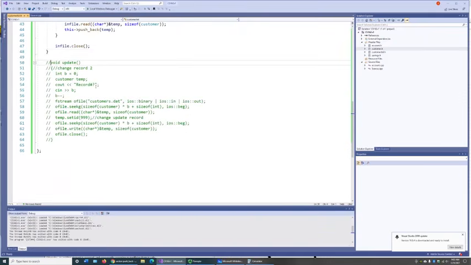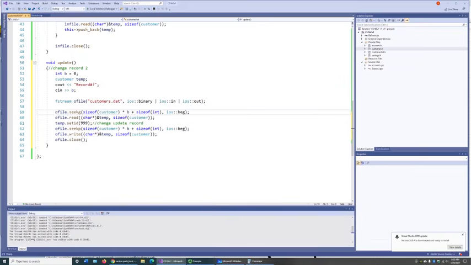Okay, now the update's going to just go in and hard code it, and we're changing record 2. And this is something that you would actually be working on yourself to improve it. It looks like we ask the user for a record to change. Okay, then what we do is we open the file. We go to the record number that we want. And it looks like that B minus minus